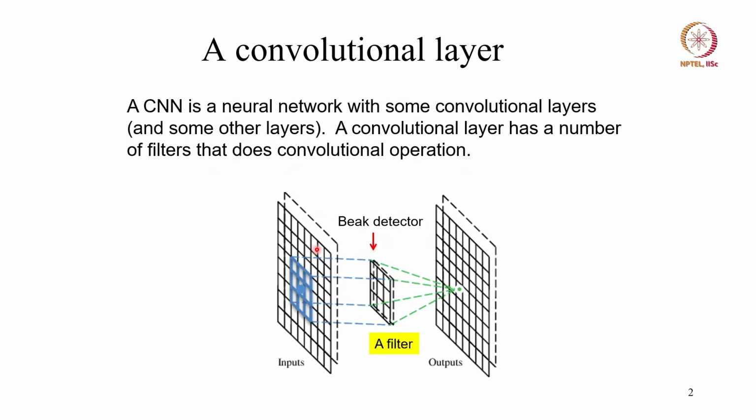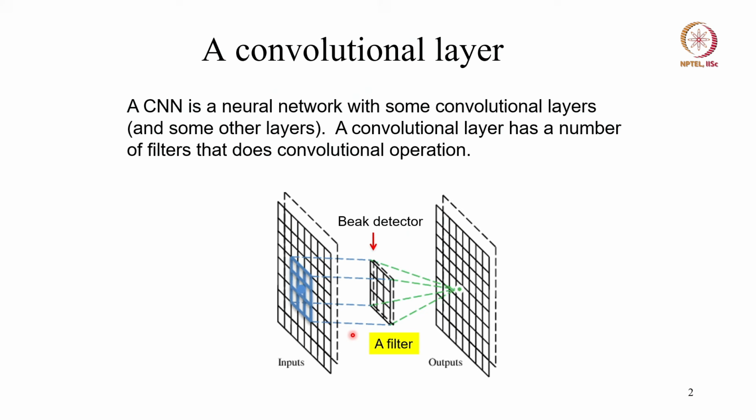At the beginning you'll have the lower level features, and as you go on you'll get the higher level features. So let us see what this convolution actually is. Here, if your input is like this, we have what is called a filter. A filter will be like a 3 by 3 or a 4 by 4 filter, which is